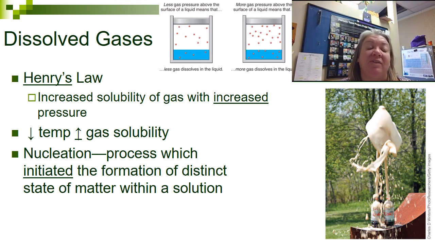Henry's Law deals with the solubility of a gas, and it deals with pressure. It says that you have increased solubility with increased pressure. So this is the reason why pop will go flat once you open it. Normally whenever you get a soft drink, it's been bottled under really high pressure, up to like 10 atmospheres,